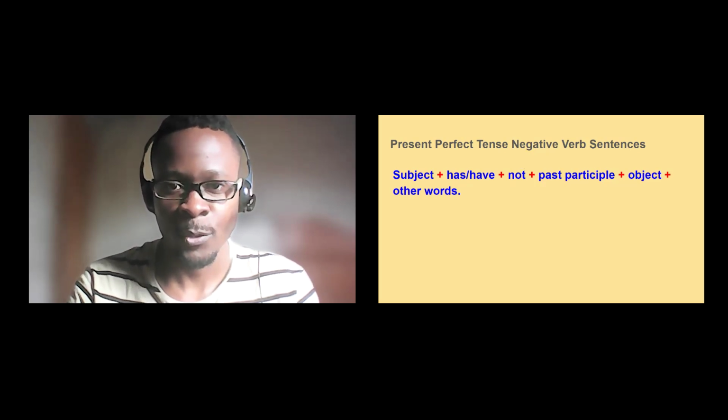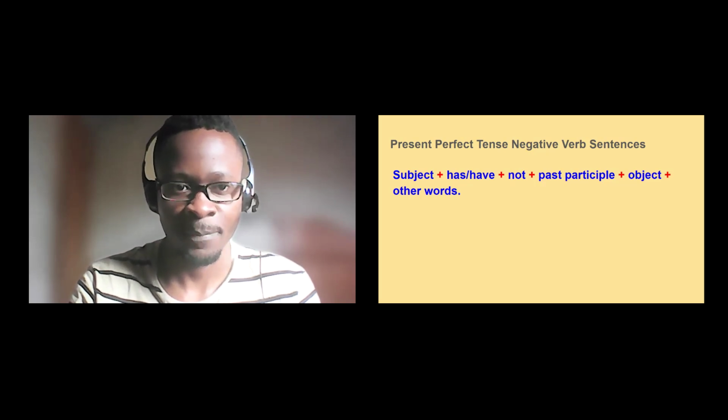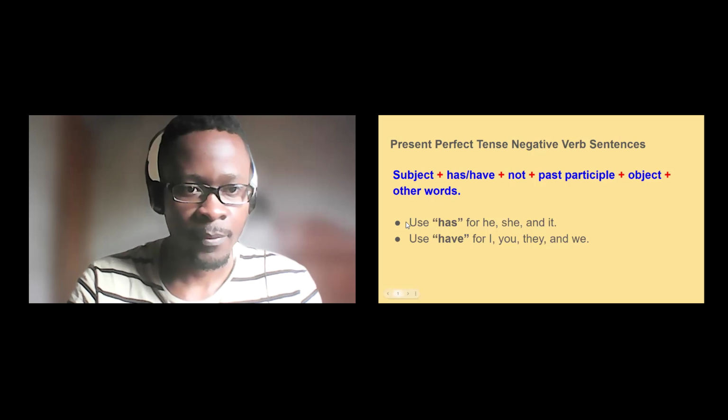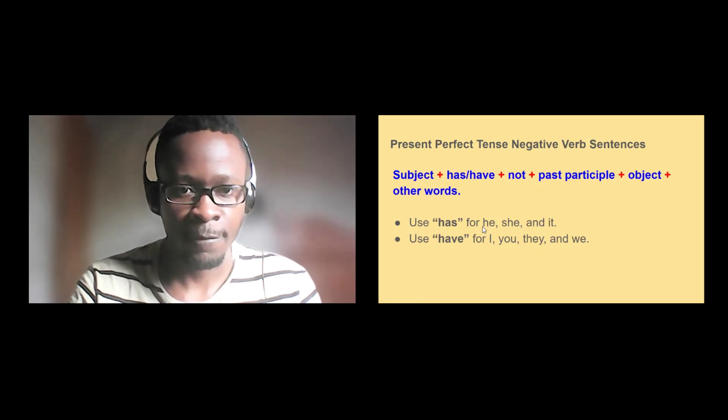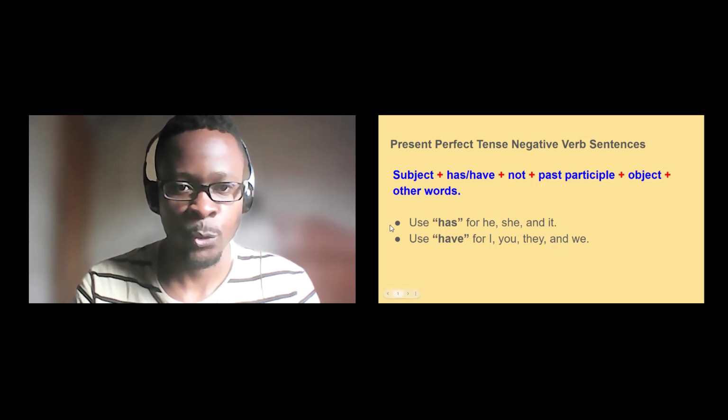After not, you therefore put the past participle, which is the third form of the verb. After the past participle, you then put the object. After the object, you then put other words of the sentence. Now, use has for the subject he, she, and it. Use have for the subjects I, you, they, and we. Okay? So these are the two rules that you need to follow when you form the present perfect tense negative